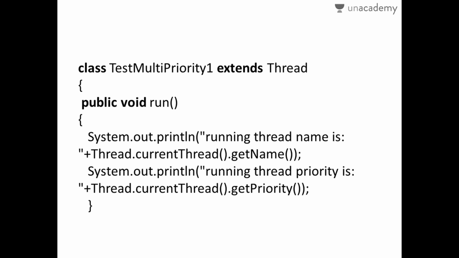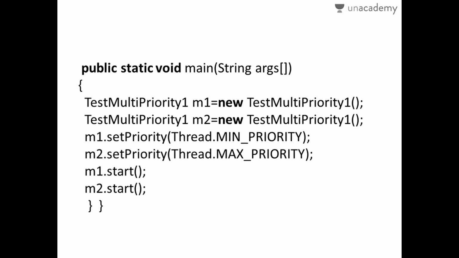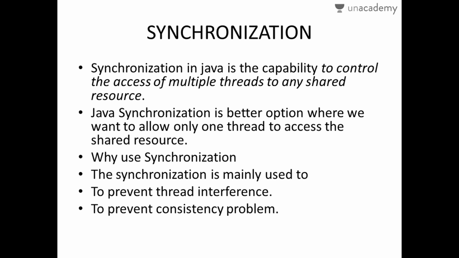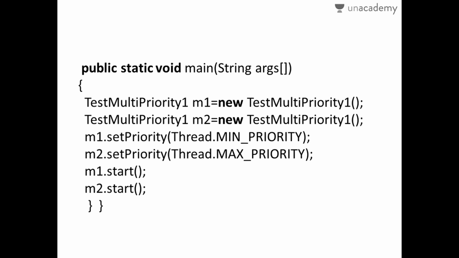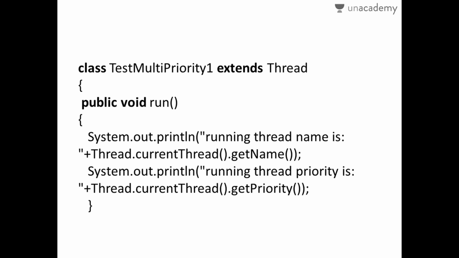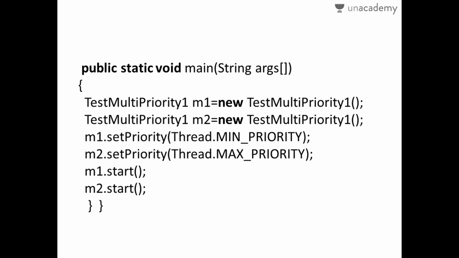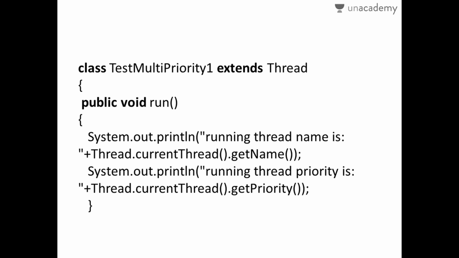This means the run method has been created here, and first we get the running thread name, Thread-0, and it would have the minimum priority. So the running thread priority is 1, as we have the running thread priorities, this is the statement we would get. The next is m2.start(), where we have the running thread name Thread-1, and here we need the maximum priority, so the running thread priority is 10. These four statements would be the final output of this program.